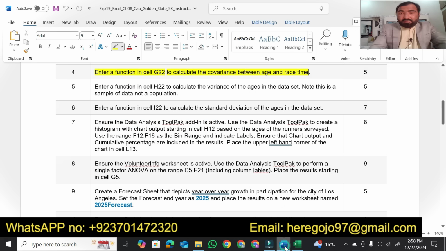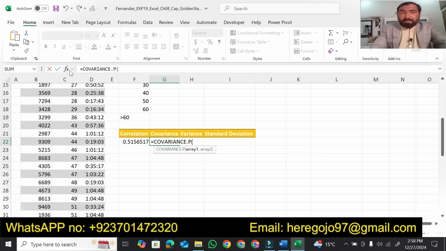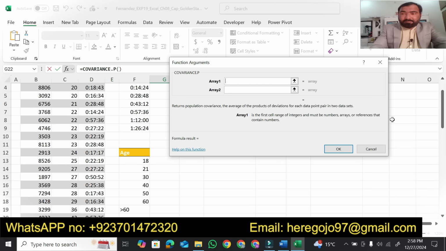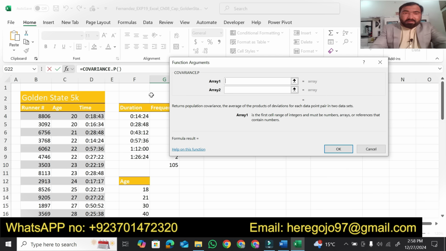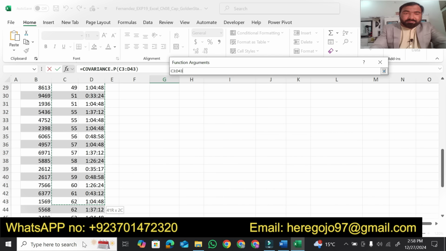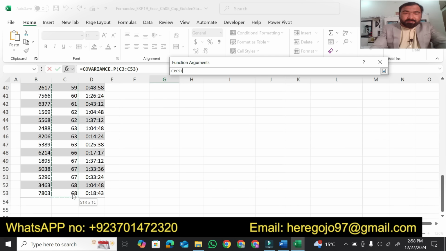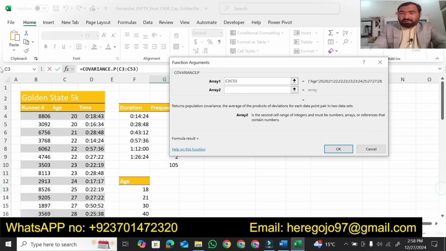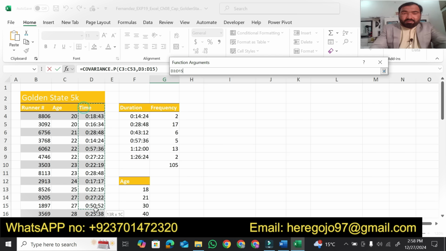Then what range do we have to give? We have to give age and race time. Open this. First we will give the age column, then next we will give the time column.